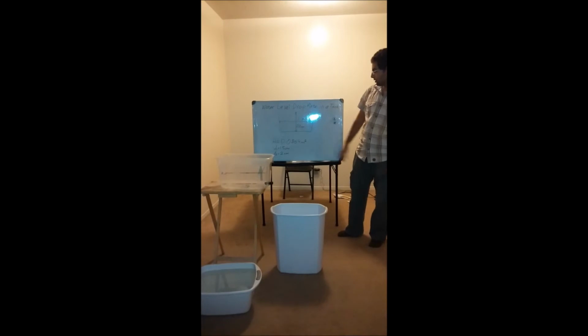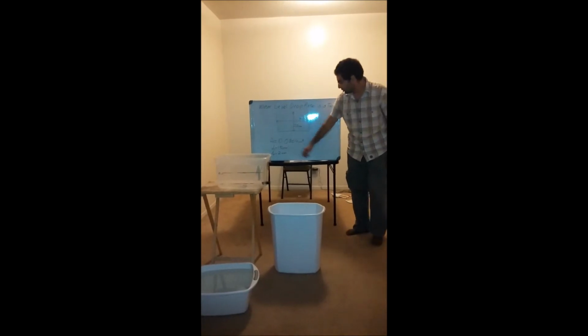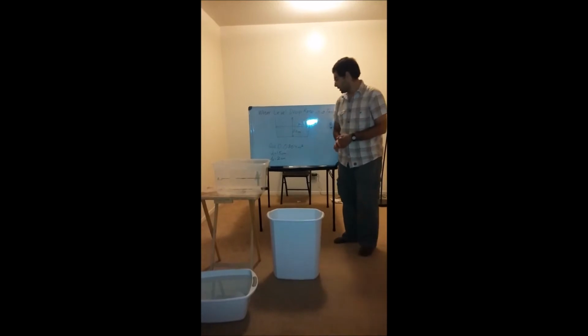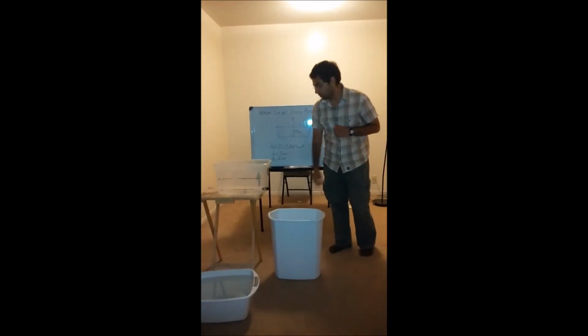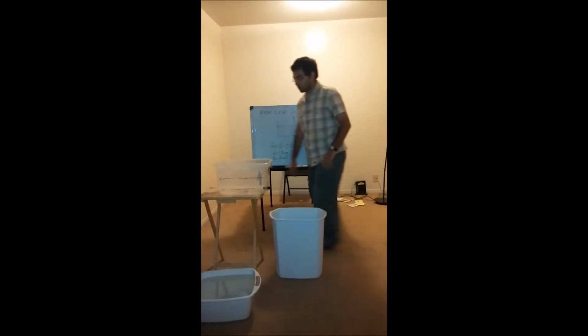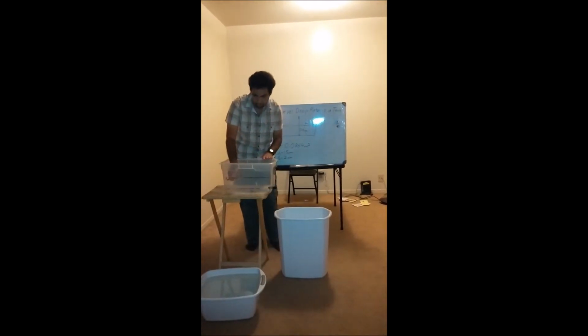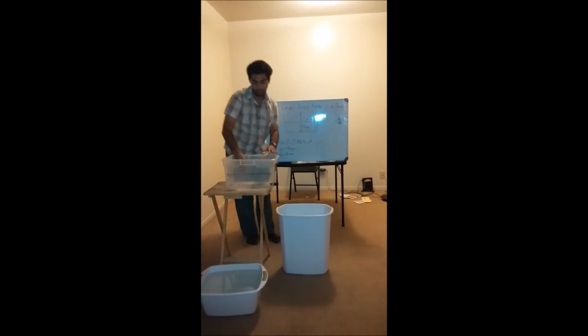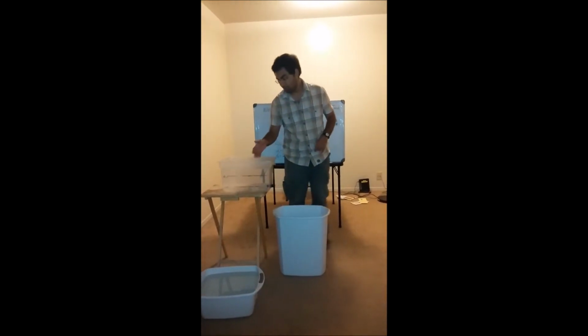The area of the tank is calculated as 0.0864 meters squared. Now the first part of the experiment, I'm going to use a tank with a hole diameter of 1.5 centimeters. I'm going to fill the tank up to the 10 centimeter mark and I'm going to let it drain until the 2 centimeter mark. And I'm going to measure the time.